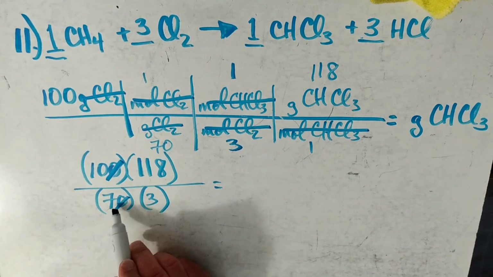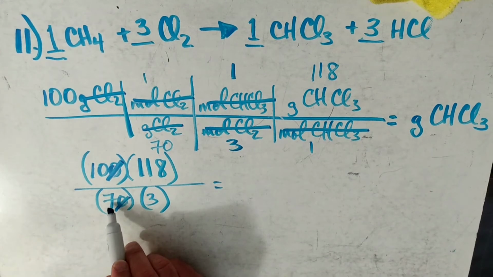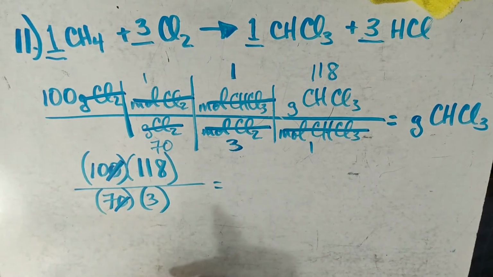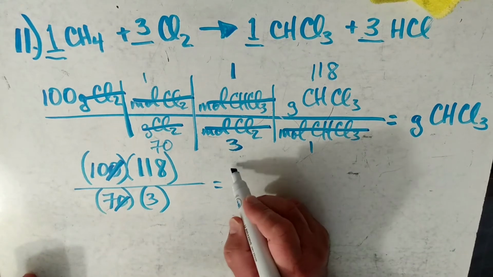So we know that 10 can go into both of these. 10 can go into 70 7 times. 10 can go into 100 10 times. And so let's just go ahead and multiply this across. We end up getting